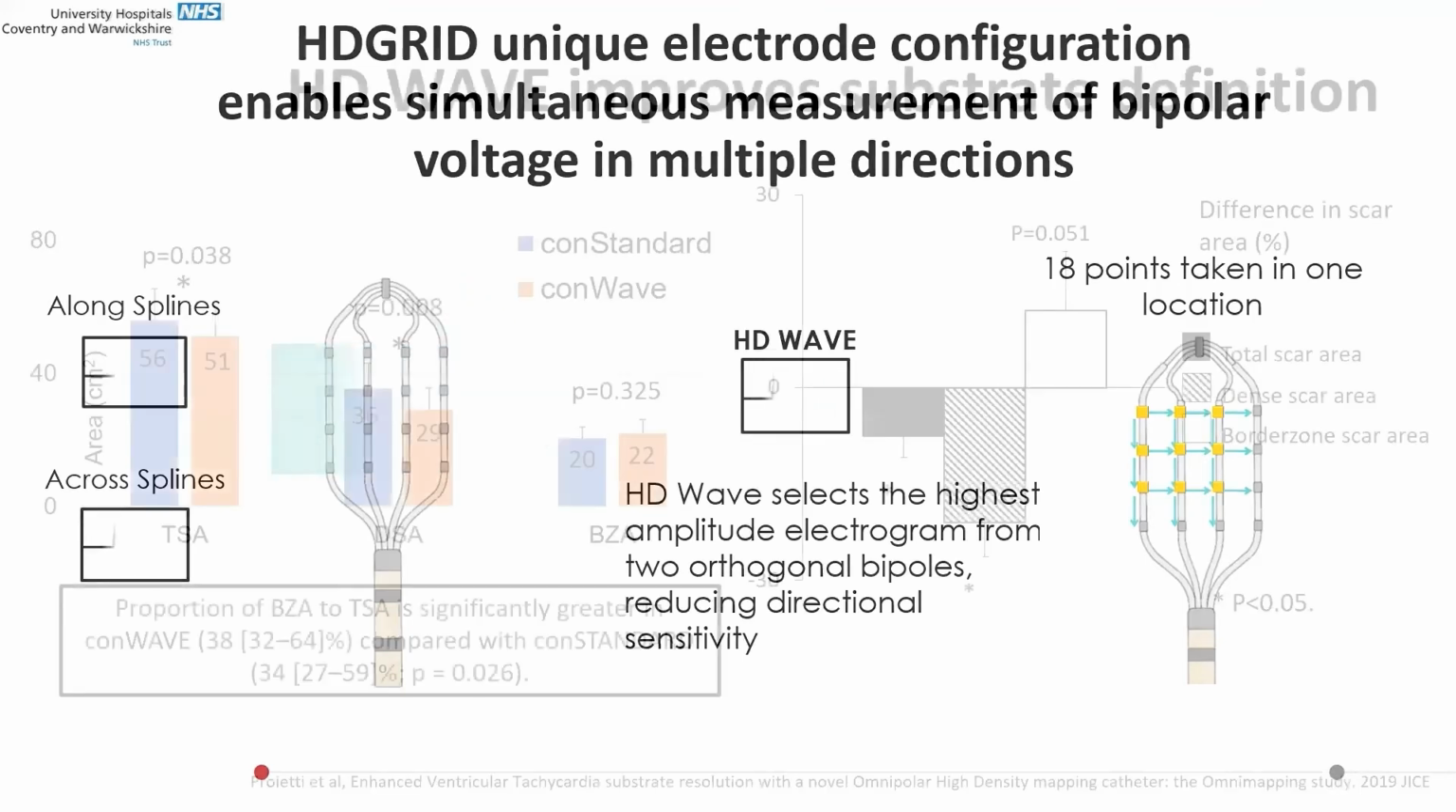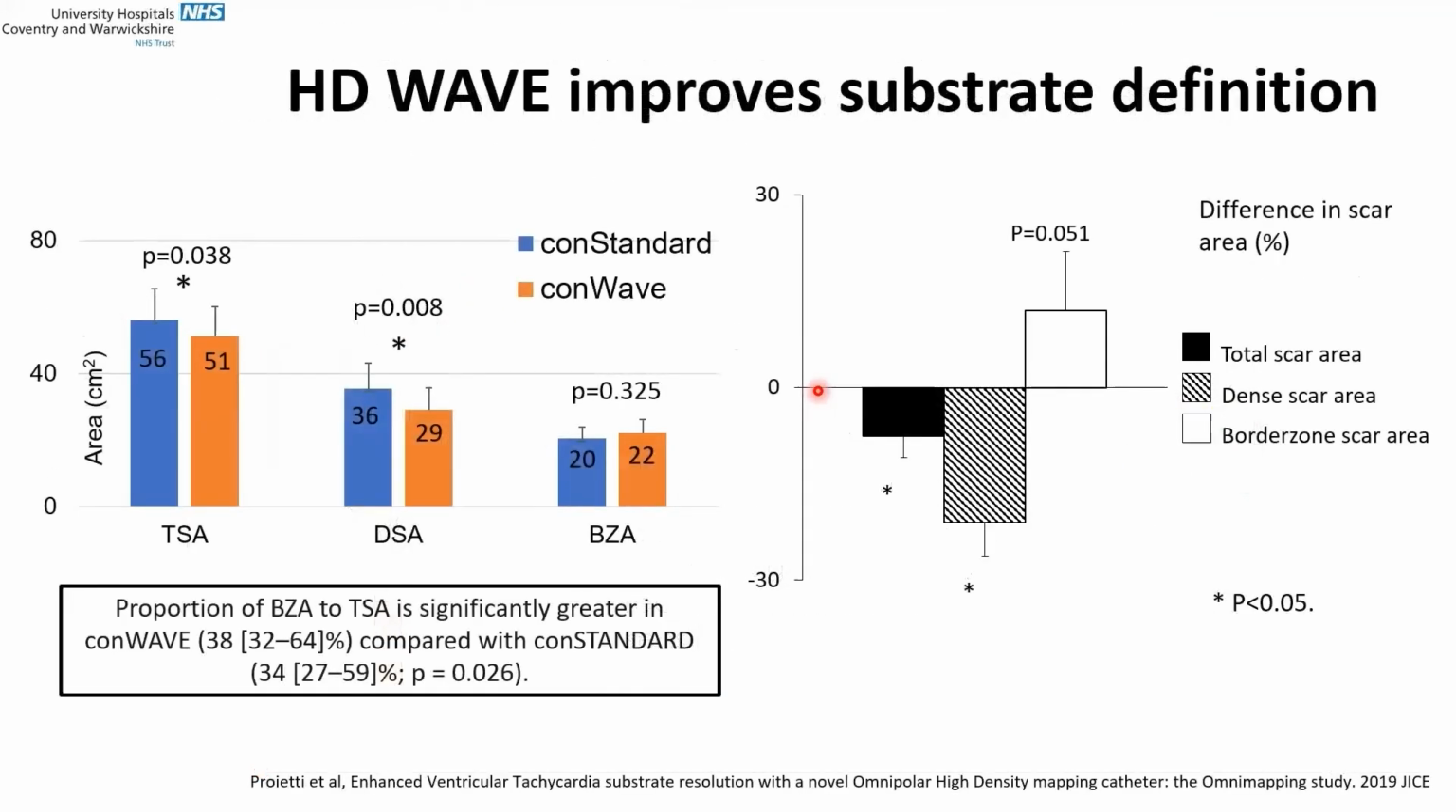We did some work to see whether the wavefront solutions to help overcome bipolar blindness made any difference to substrate maps. And actually, this data shows that the area of dense scar was smaller and the border zone area was greater. And it's this border zone area which is the area of interest for VT ablators. It's this area where we tend to find our interesting